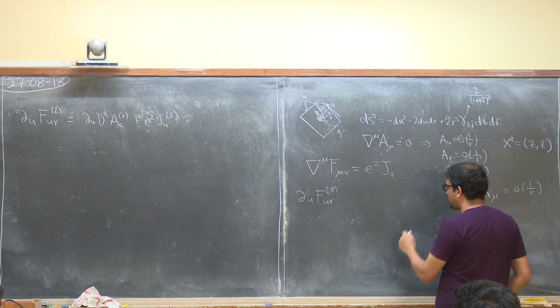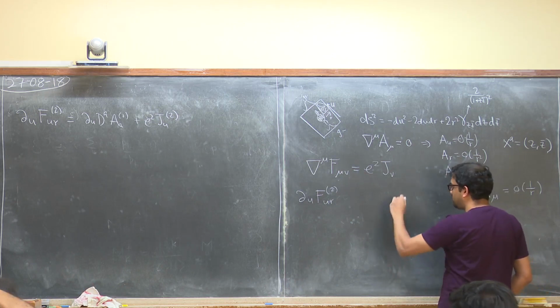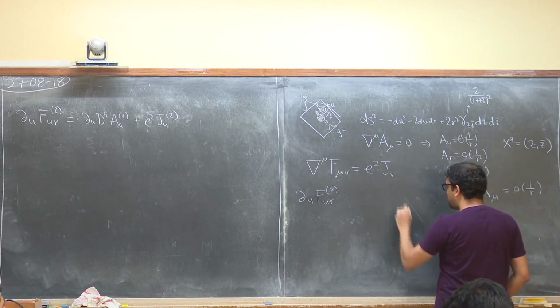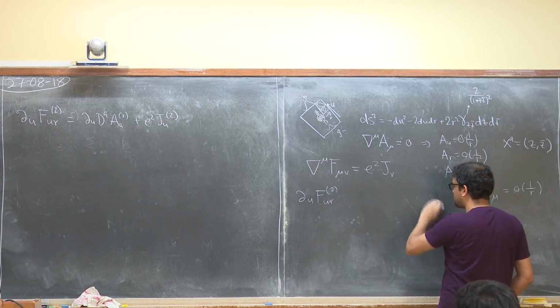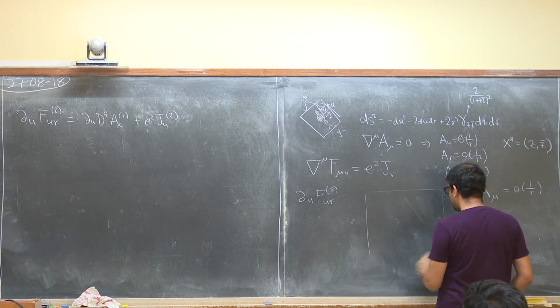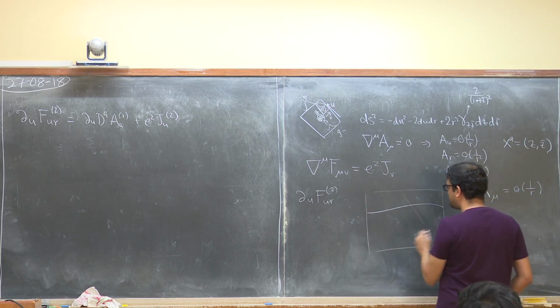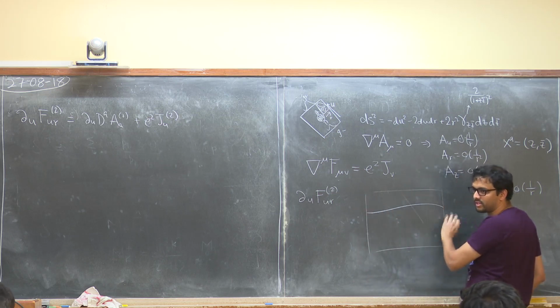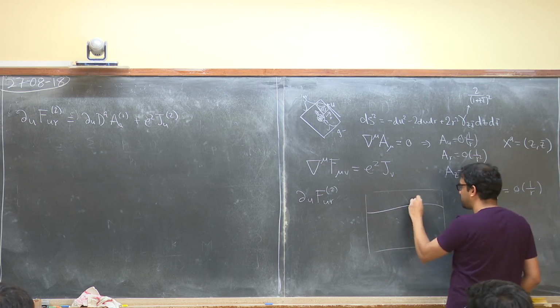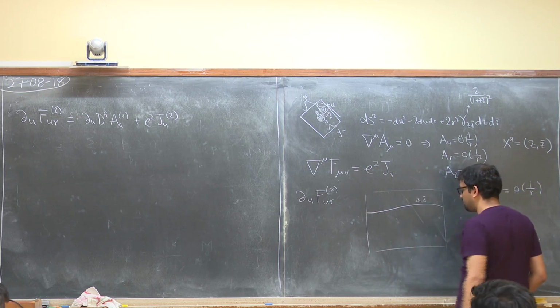Yeah, so strictly speaking, when I do null quantization, let's look at any point in the bulk. So I have some space-time, some general space-time. If I want to quantize on a space-like slice, then I just need to prescribe my data on this space-like slice, and that's completely well understood. I need to prescribe phi and phi dot over here.